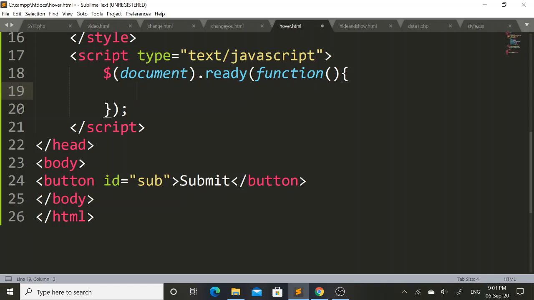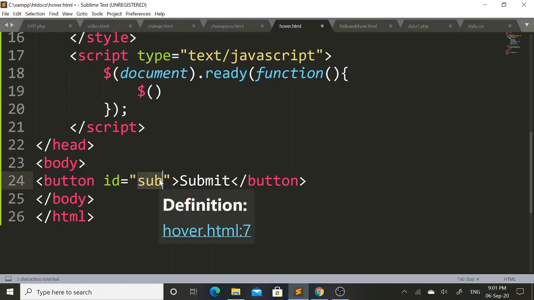Thereafter I will call another jQuery factory function, that is dollar open parenthesis and close parenthesis. Since I want to apply hover jQuery event on this submit button, so here in this jQuery factory function I will set this sub as an ID selector.